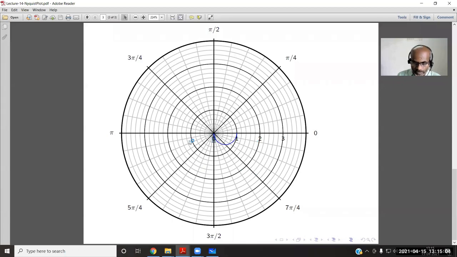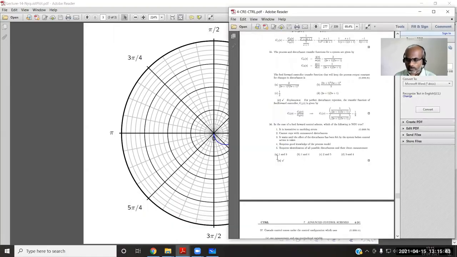So this is minus 90, and for the second order system, how it will look, maybe I can show you only the arrows. It will go like this and end this way. For a third order system, it will end in the third quadrant, which means 3 into minus 90, so 270 degrees. Likewise, with a fourth order system, or with an increase in the order of the system, the Nyquist plot will even encircle the origin. Okay, and I have tried to give you the Nyquist plot for